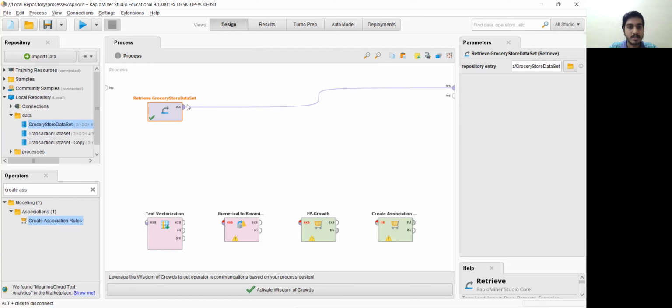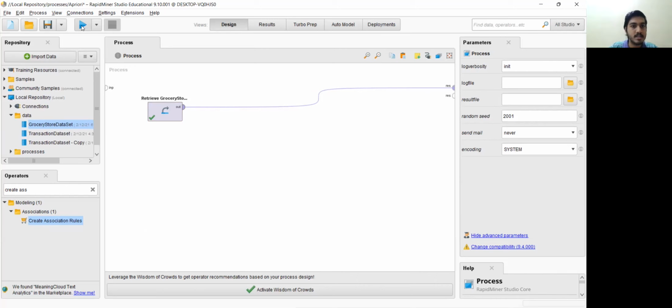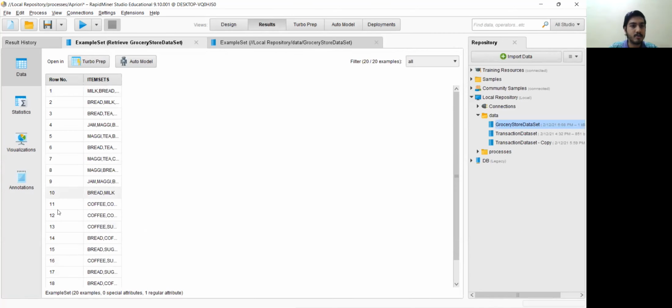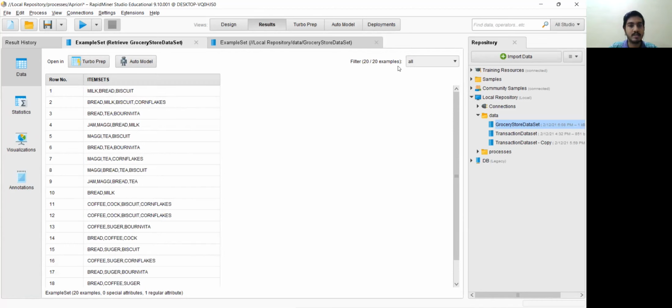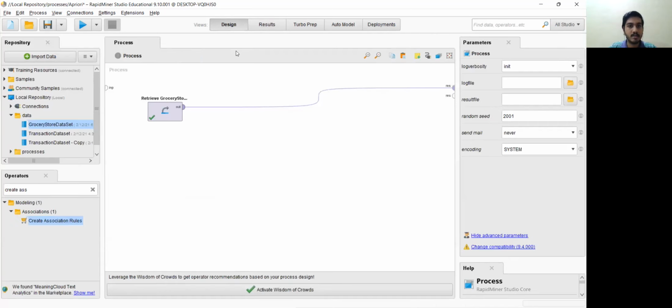If we give the connection of out to the result and just run it, we can see the number of rows over here and the item sets over here. So there are 20 items in this dataset, with 1 row corresponding to 1 transaction. This implies that under 1 transaction, a customer has bought the items milk, bread, biscuit, and another customer has bought bread, milk, biscuit, cornflakes, and so on. So there are 20 data like this. And going back to the design part,